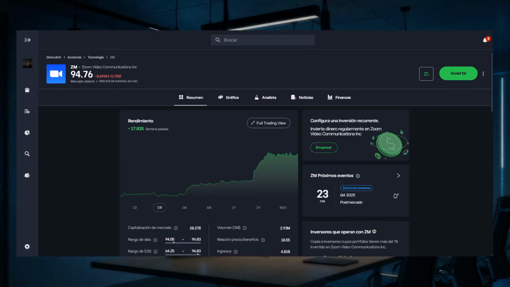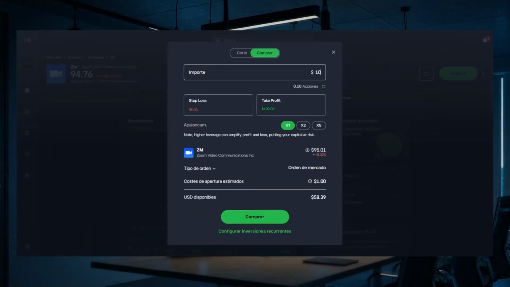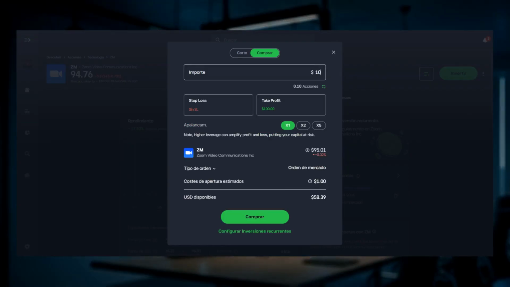On the stock page, you will see a brief company summary and a price chart displaying recent trading activity, so double-check the company name and the ZM ticker. Click the Buy or Trade button, enter the amount you want to invest, review the order details carefully, and confirm